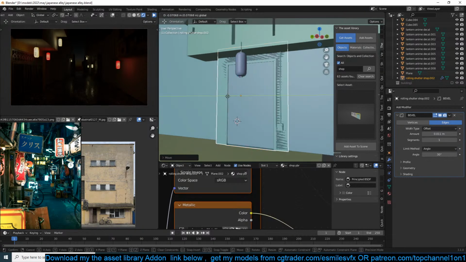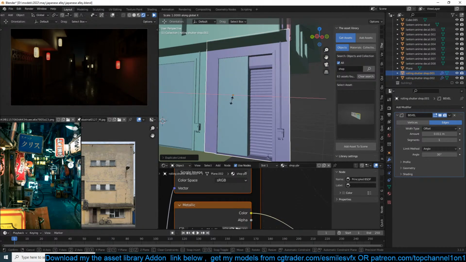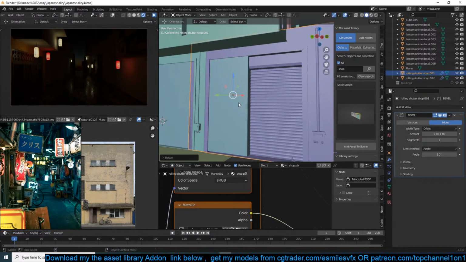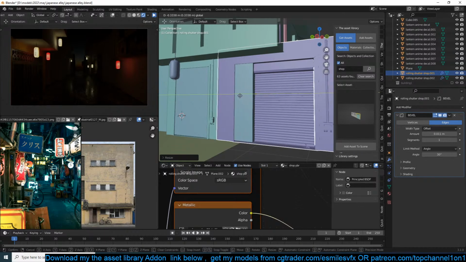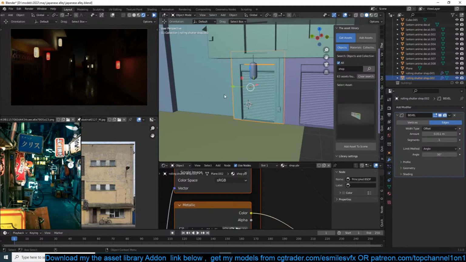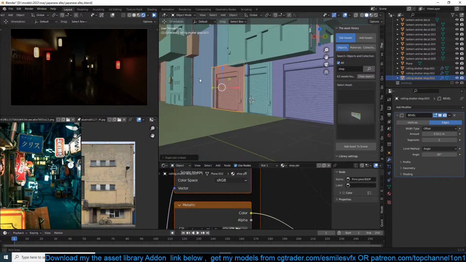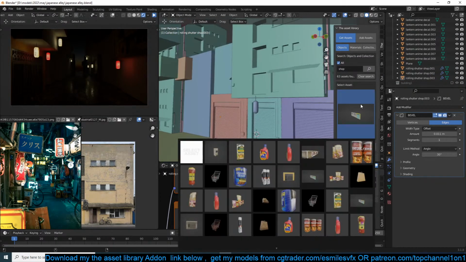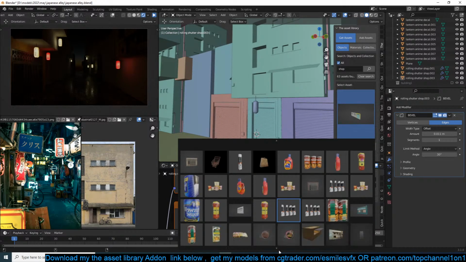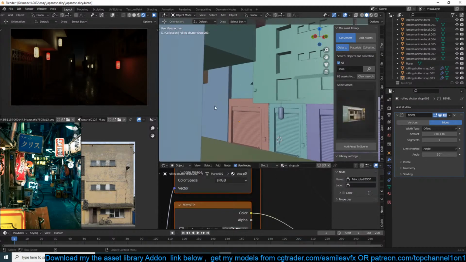And this is all PBR based, so it has some detailed textures, which is also a nice thing. Basically, we're just replacing the placeholder buildings with this.